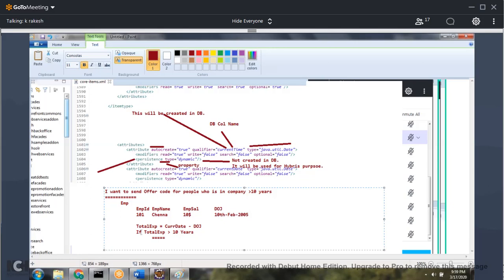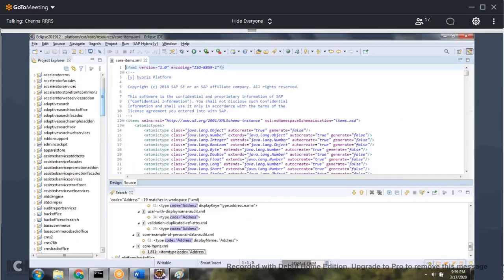Channa, it is not required even in the model class, right? The total experience variable could be created somewhere else in the function. No, please remember, model classes are always generated at the platform level.